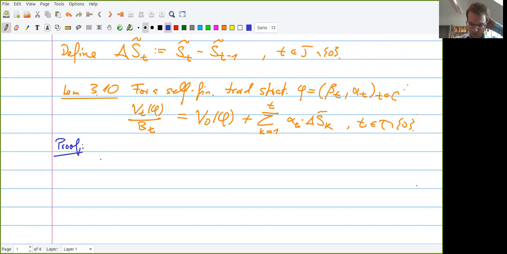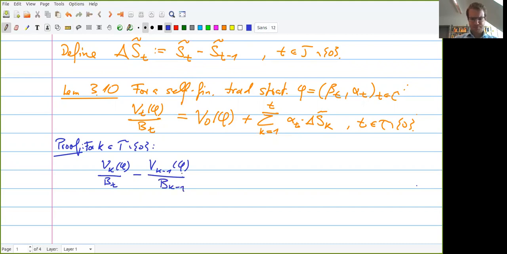Let's consider some k in the index set without 0. What we observe is if we consider the discounted value process at time k minus the discounted value process at time k minus 1,